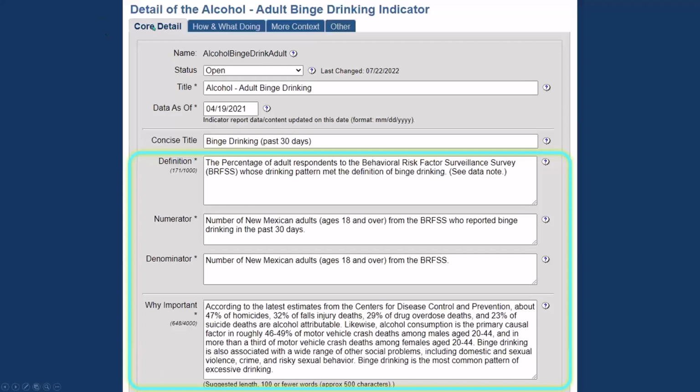Okay, so here we are on the core detail page still, and you can provide this text as you're setting the indicator up, or you can just leave the default text in there and save it and move on. I think for each of these, when you do a new indicator that comes up and there's like a,